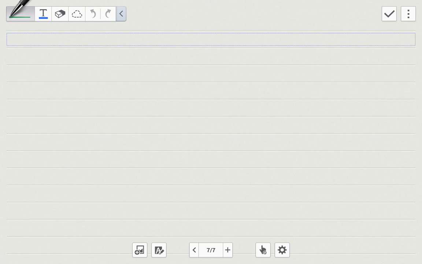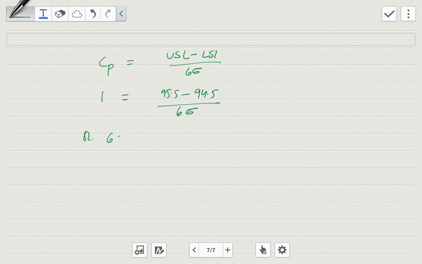Well, the next question is a lot easier. The question says, to what level should the supplier reduce the standard deviation of the operation if his goal were to obtain a capability score of 1? So his goal was to obtain a Cp of 1. Again, the formula for Cp is USL minus LSL divided by 6 sigma. We want the target Cp of 1. USL is 95.5, LSL is 94.5, and we are interested in the value of sigma, so 6 sigma equals 1, or sigma equals 1/6. So if we have a sigma of 1/6, we'd get a capability index of